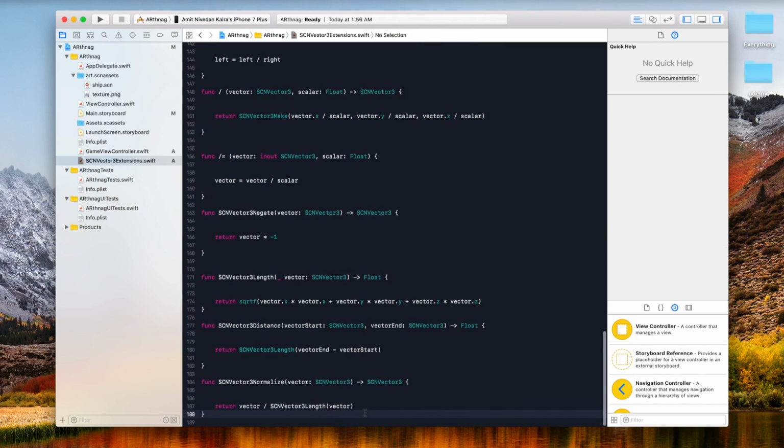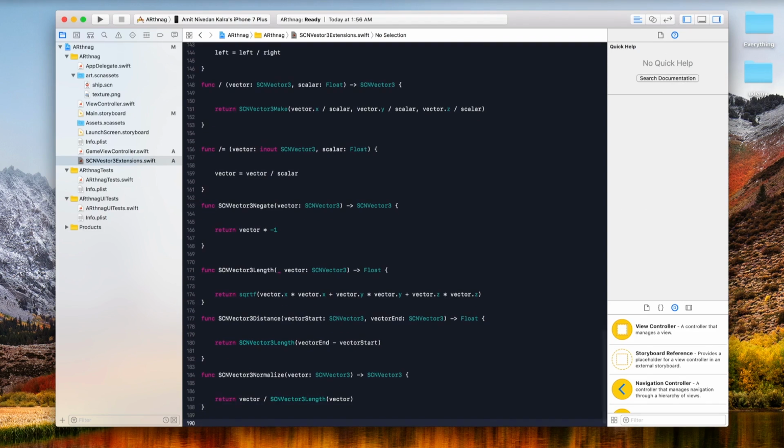And now we're on to our almost last function. It's not our last function, but we're almost there. We're really close to the end. We have about 5 functions left. So now we're going to calculate the dot product between two SCN vector 3s. So we're going to name this function SCN vector 3 dot product,